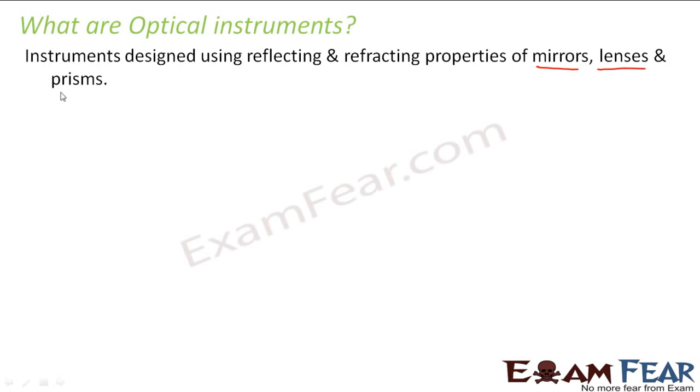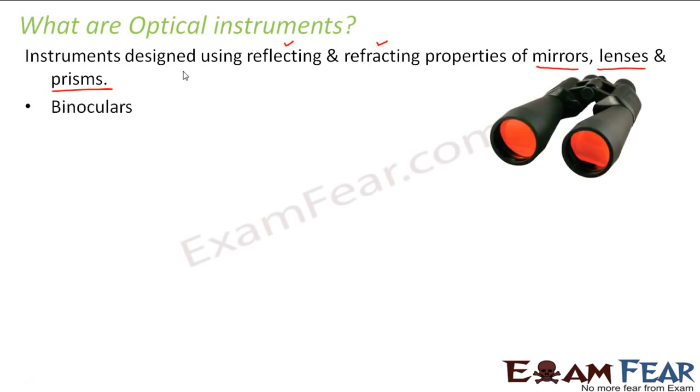So now you understand why we are discussing optical instruments at the end. Because now we know what reflection is, we know what refraction is, we also know about spherical mirrors, lenses as well as prisms. So we know all of these terms in depth, right? So now it will be easier for us to understand how these optical instruments work. Because these optical instruments were also designed by somebody like us who had a thorough knowledge of the concepts. So now it is very easy for you to understand the working of these optical instruments.